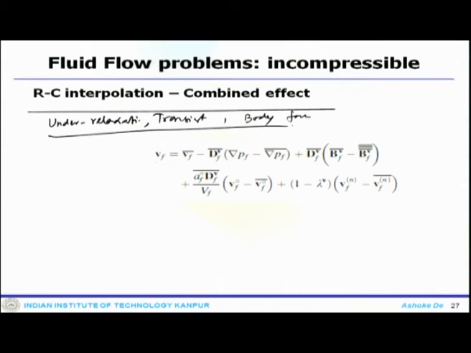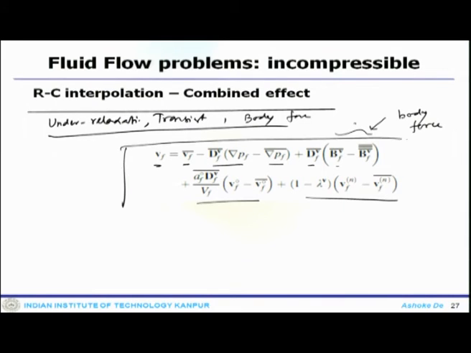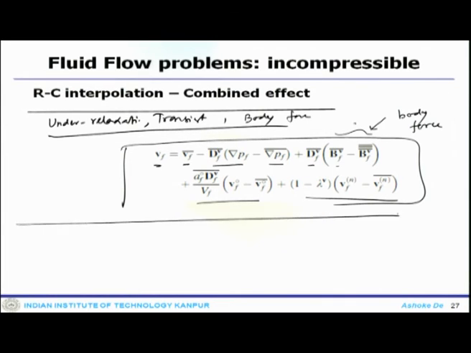So, the surface vector Vf is an average dFb delta Pf minus delta Pf bar dFb; this is the term which will come due to the body force term, and then these contributions are there. So, this is how one can look at the interpolation scheme in this kind of system. Now, having said that, that pretty much takes care of the discussion on incompressible flow.